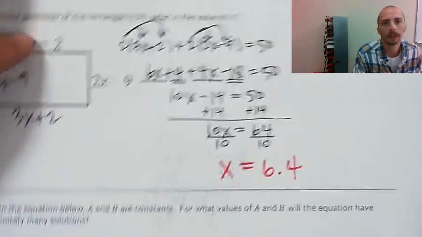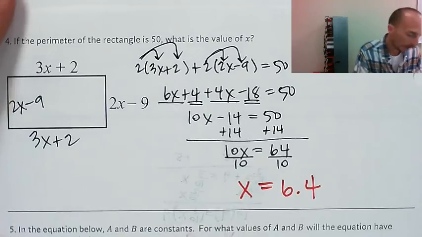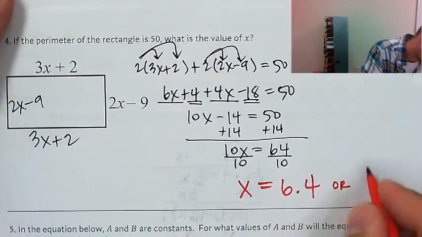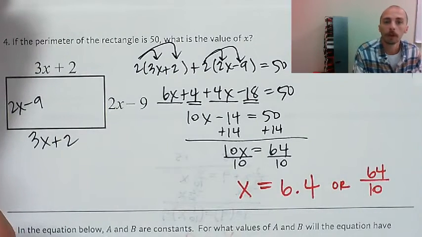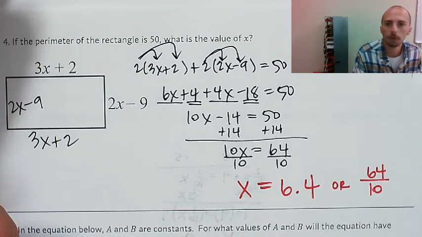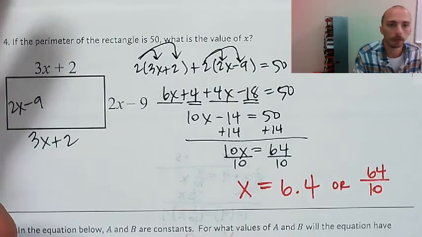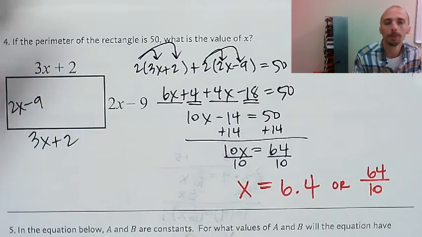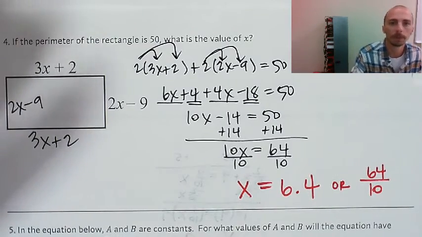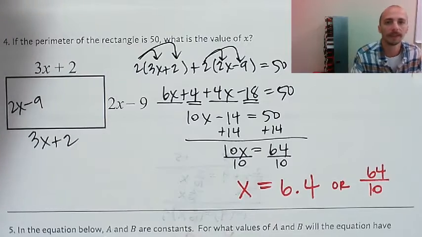Now, pardon me, I didn't say this. I want to point out that 64 divided by 10 is a perfectly good response. What would that be? 32 over 5, another good response, right? That's a simplified version of 64 over 10. What I want you to get away from giving me is 6 and 4/10 or 6 and 2/5,